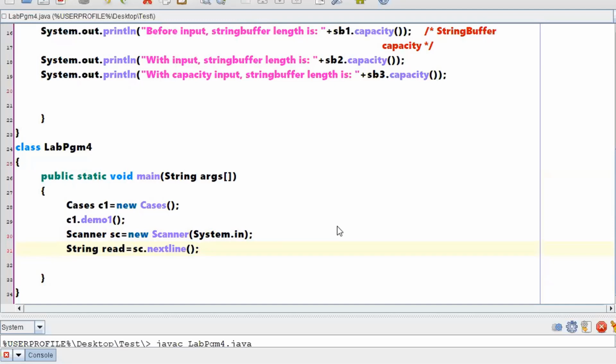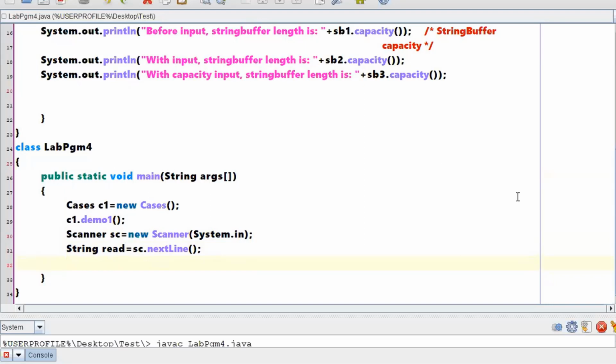Clear with the things? L should be capital. Now whatever input I have read will be in this variable called read.